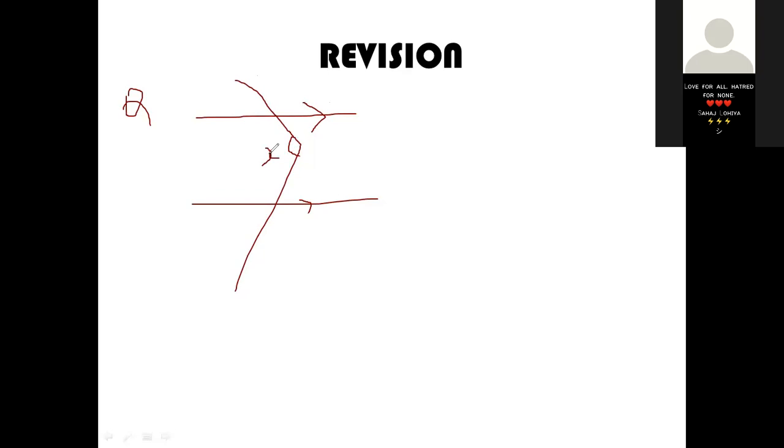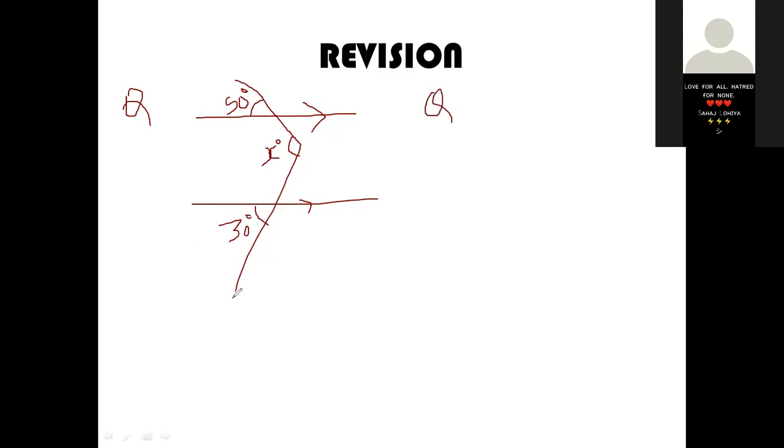Do you remember how I had taught you during class one? This x degree and this outside angle, suppose this is 50 degrees. If this is given as 50 degrees, okay, children, and this angle is given as 30 degrees. How to find x degrees here, children? In this question, how to find? And there is a similar next question also.